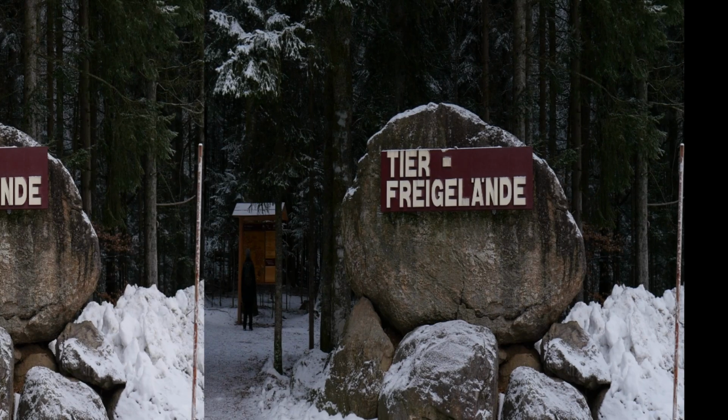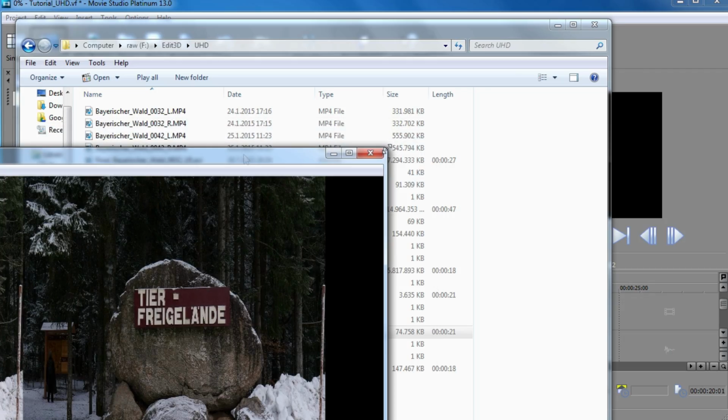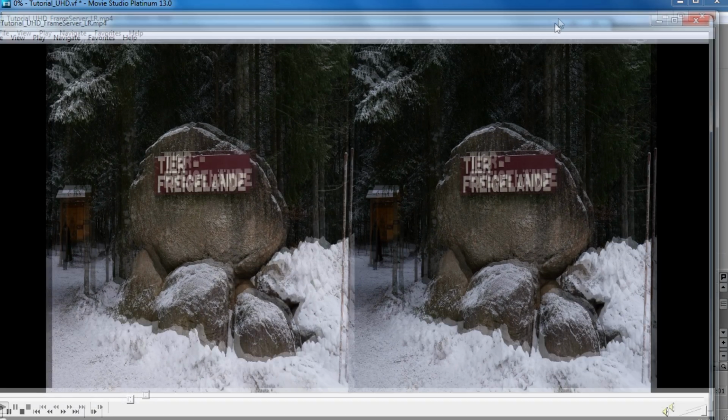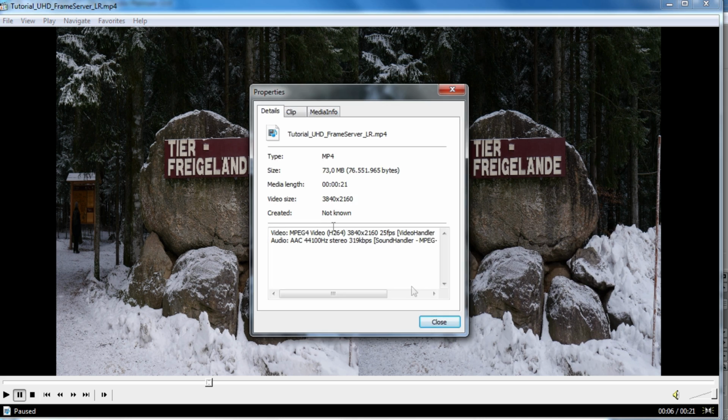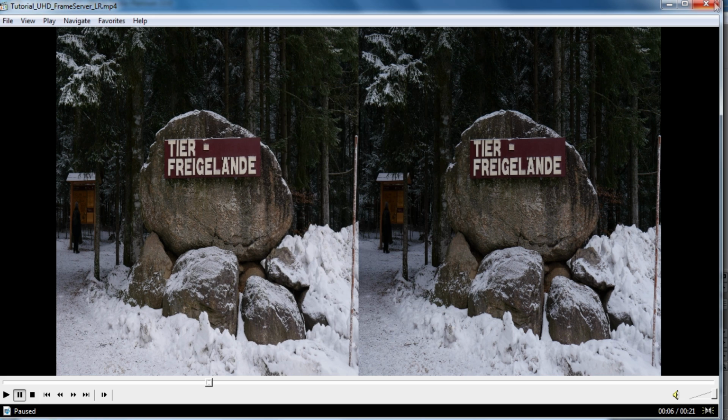I'll open it. And you can see that the file is in a squeezed side-by-side format, and the resolution is Ultra HD with 25p. Okay,